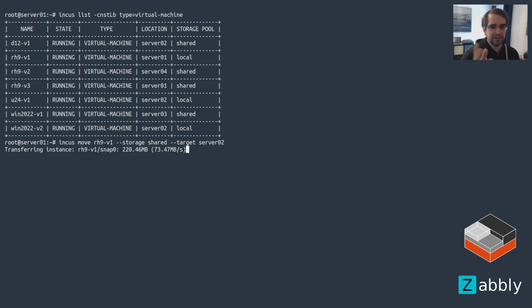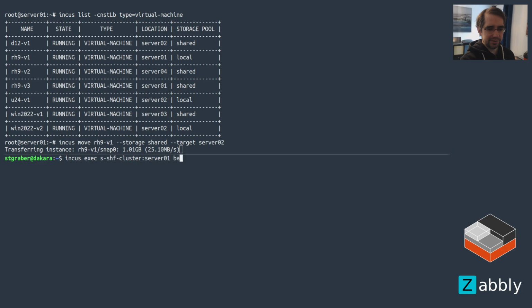And while this is going on, the VM is actually perfectly operational. Actually, I just noticed I picked potentially a bad example because that one also has snapshots, which is going to make this slightly more annoying, at least slightly slower. But yeah, effectively it's on local storage pool. We want to move it to shared. So the VM is still running and it's just doing the background sync of the disks. It's gonna do that first snapshot, and it's gonna do the main state, and then it's gonna go and actually complete the migration. So if we go back and take a second shell on that same cluster here,